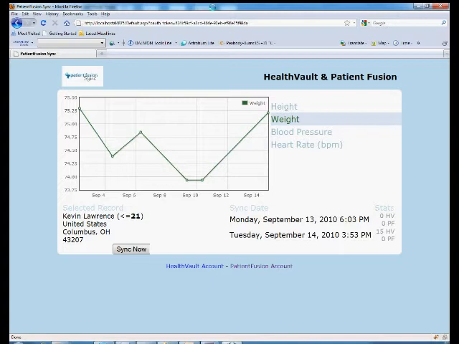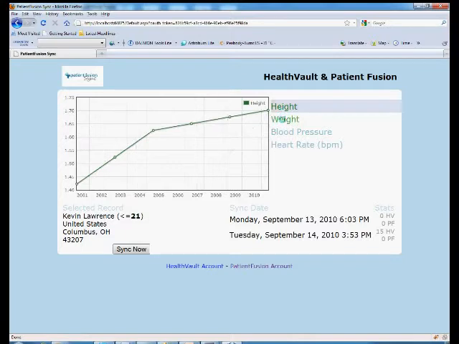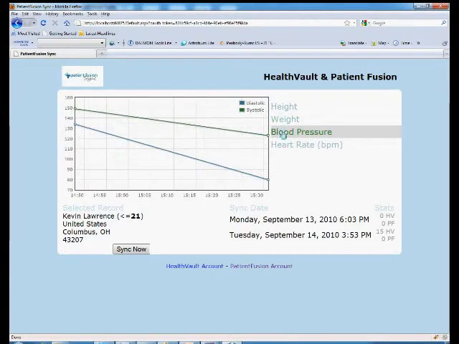So now in the PatientFusionSync user interface, it's a simple one-page user interface. It shows a graph of the selected data type that we're comparing, and this data comes directly from HealthVault. It's weight. You can switch back and forth between other data types. Height, you'll go out over Ajax and get that back and show that he's been getting a lot taller over the past 9 years. Or blood pressure, which we don't have many data items for yet, but we'll show you